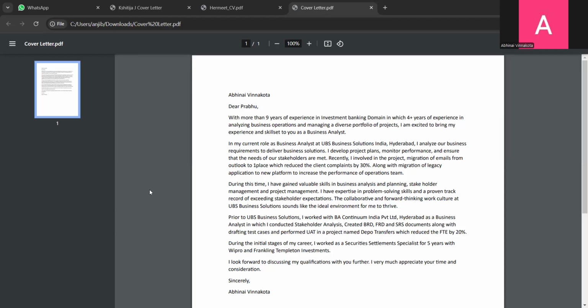Now we have moved that application to another platform by dividing it on a need-to-know principle. Suppose Harmit is a manager and she wants to look at only a few features. If Abhinay is an associate, he has to look at some other features. Before, all the features were in one application. Now we have divided the features based on the need-to-know principle, and we have given them the access.